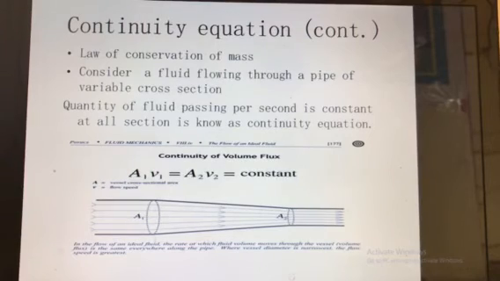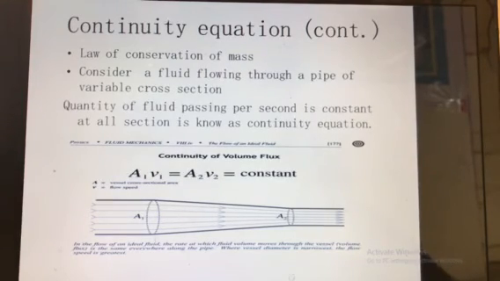Now first we will find out flow rate at section 1, it is equal to rho 1 into A1 into V1. Flow rate at section 2 will become rho 2 into A2 into V2. Now density is constant, since it is incompressible flow. So the first one will become A1 into V1, second one will become A2 into V2. According to the law of conservation of mass, the rate of flow at section 1 must be equal to the rate of flow at section 2. So it will become A1 V1 is equal to A2 V2.